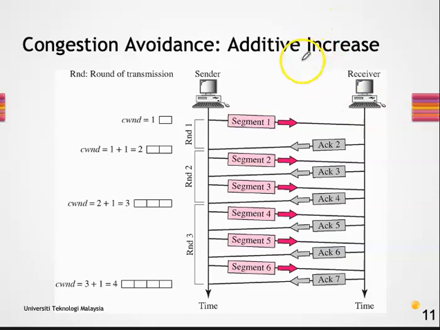So the next phase is congestion avoidance, or additive increase. When the CWND size is equal to the slow start threshold, the slow start phase will stop and this additive increase phase will begin. In this phase, the CWND value will be increased by 1 every RTT, instead of increasing exponentially just like in slow start. So in this phase, it will increase only by 1. If we look at the example here,